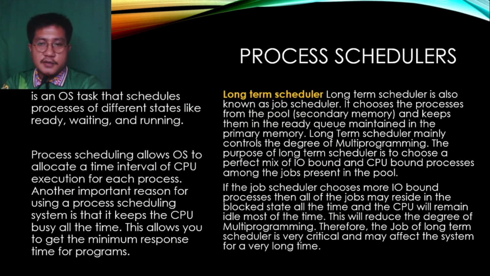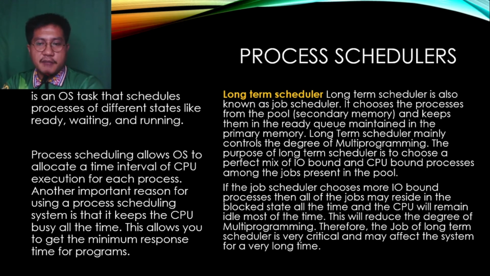So, for example, there are different schedulers in the process. The first one is the long-term scheduler. Long-term scheduler is also known as the job scheduler. It chooses the processes from the pool or the secondary memory and keeps them in the ready queue maintained in the primary memory. Long-term scheduler mainly controls the degree of multiprogramming, and the purpose of the long-term scheduler is to choose